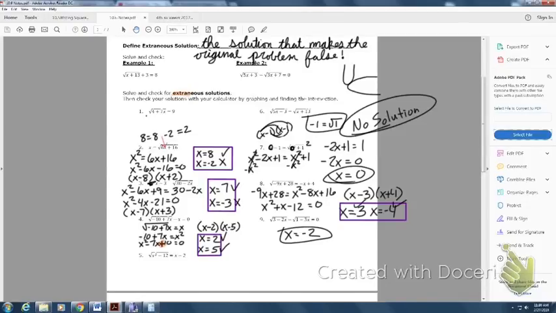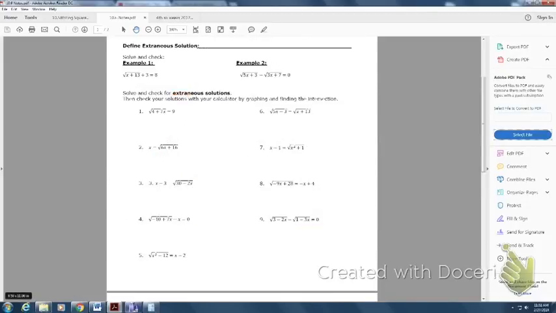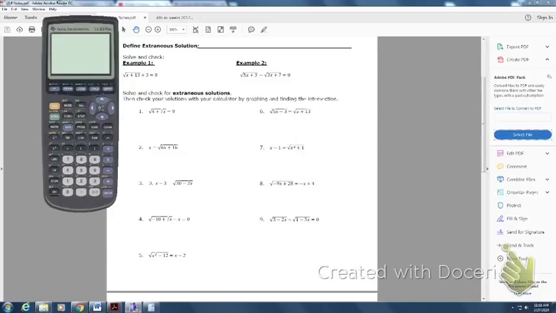I'm going to pull up the little calculator on my screen. I'll have to clear all this out though. A way that you can check this, and I'm just going to do a couple of them, so make sure you're paying attention here. So let's look at number 2. What you can do is you can put, we'll go ahead and do this one. That's 8. So if I put those in,